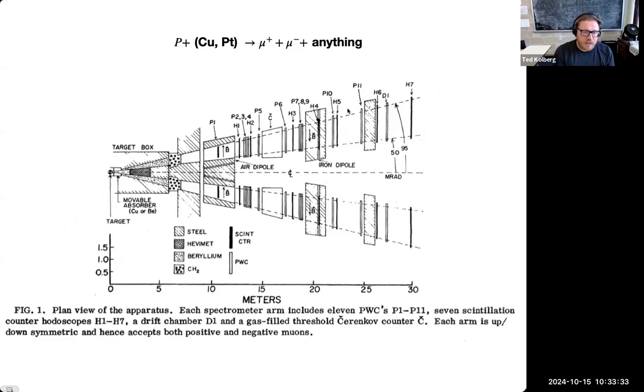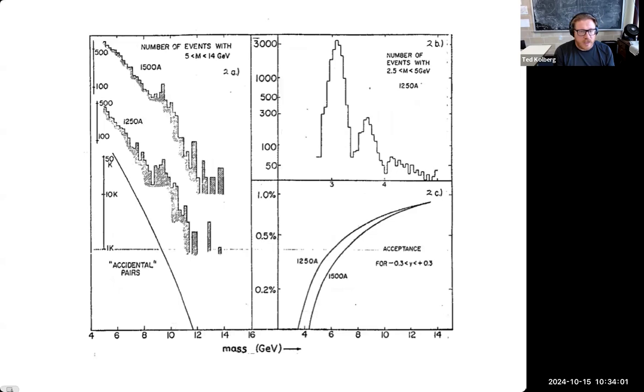And then each of the arms is symmetric, so it can accept positive and negative muons. So basically, you're looking for the events where two muons are produced, they have the right momentum to enter both of these spectrometer arms at the same time. You look for that coincidence of two well-identified muons, and you measure their momentum and make the invariant mass peak. So a simple experiment in principle. And this is the